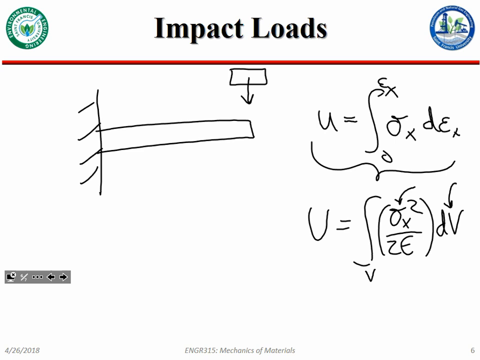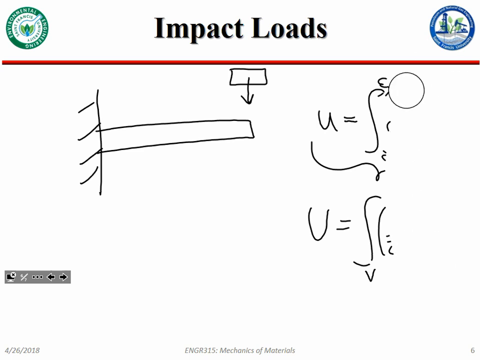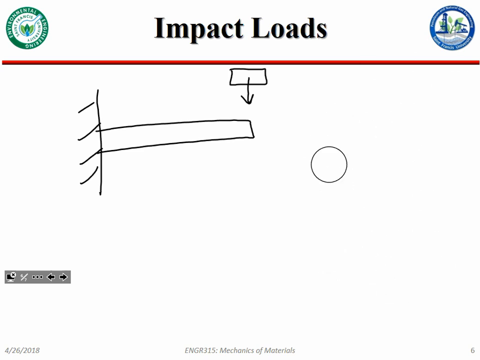So let's see what we can do. So if we have U equals the volume integral of normal stress squared over twice Young's modulus dV,